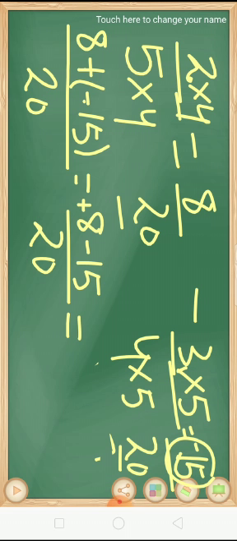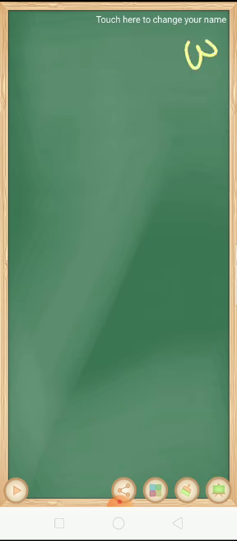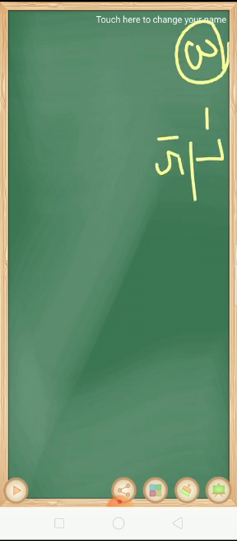So first of all I'll subtract 8 from 15. 15 minus 8 is 7 and 15 is the greater digit. It is having minus sign, so it will be minus 7. So your answer will be minus 7 upon 20. Let us do one more question. You have to add minus 7 upon 15 and minus 2 upon 5.